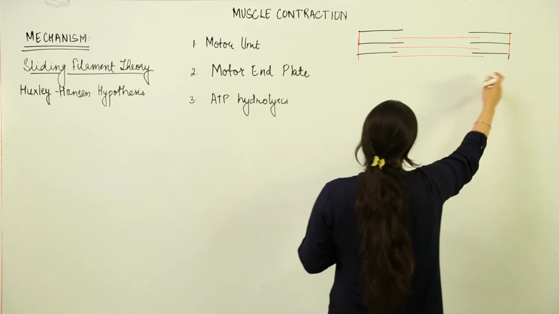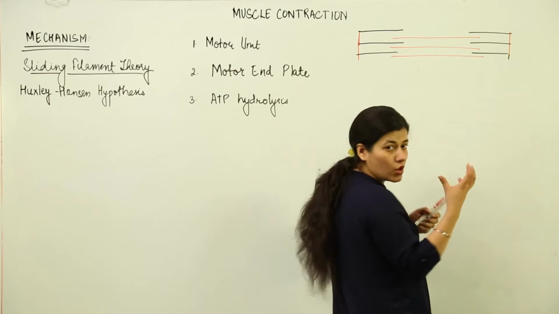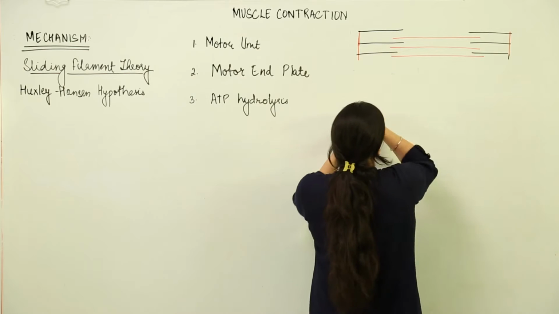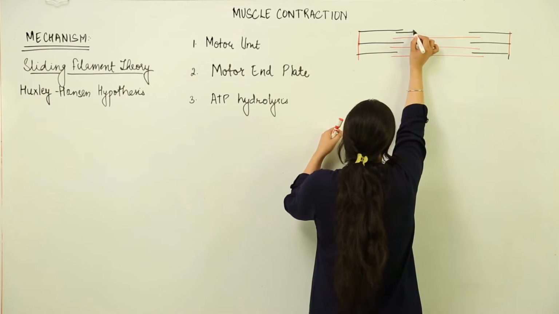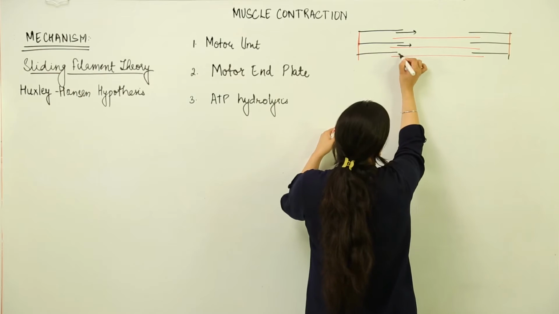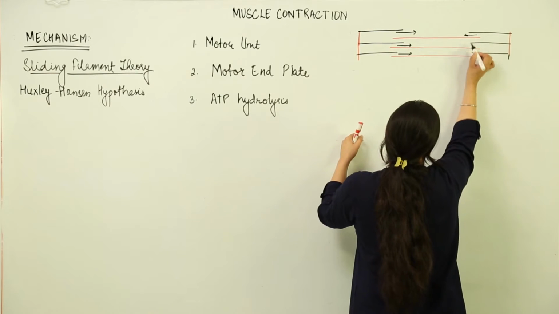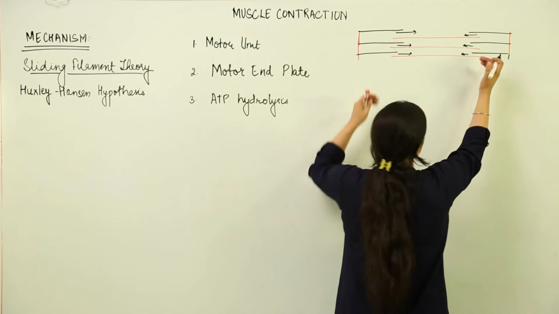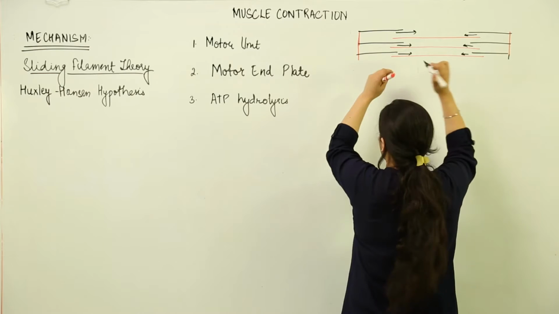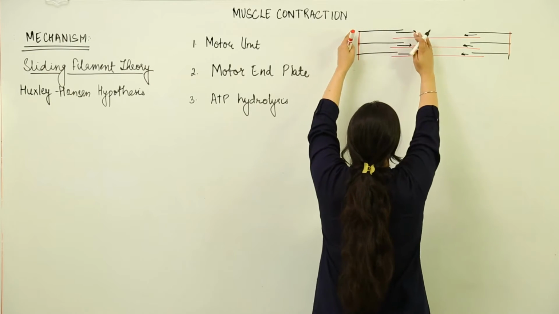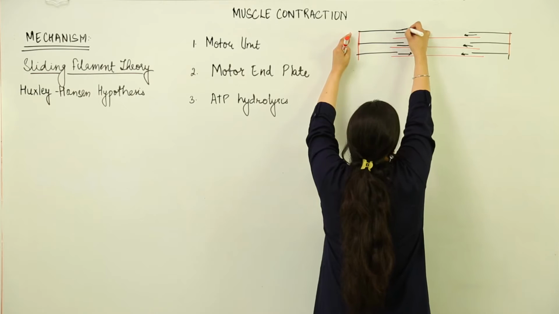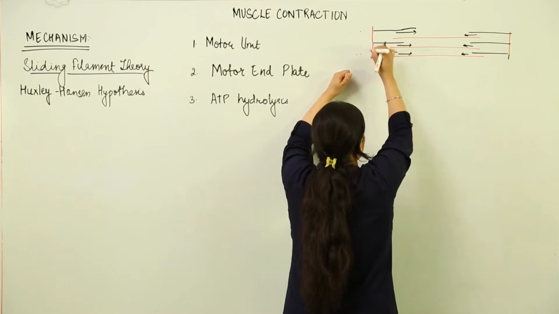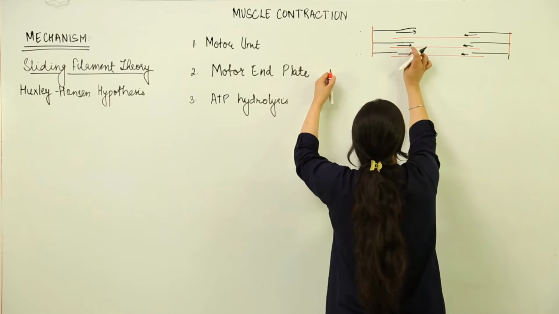Now, these being membranous, they can show contraction. What we are going to study is that this particular part is going to get contracted. It is going to move in this direction like this. Because the movement is contractile, it is going to bring actin more towards the inside. These actins have to remain of the same length and reach till here. So automatically this Z line has to be present over here